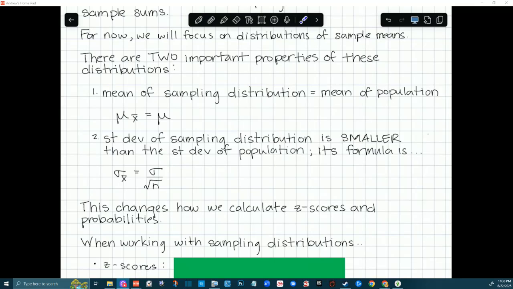So looking at sample means instead of raw data takes those extreme values and squishes them in towards the middle, which reduces the spread of data, resulting in a smaller standard deviation. Specifically, for a sampling distribution of sample means, the sampling distribution standard deviation, which is also sometimes called the standard error,